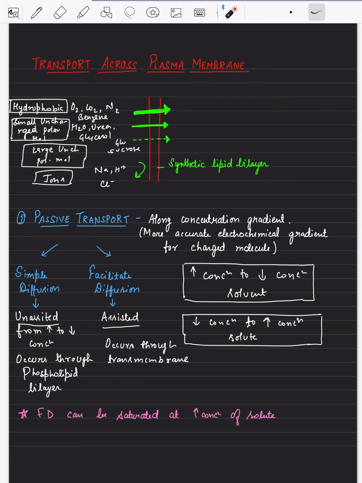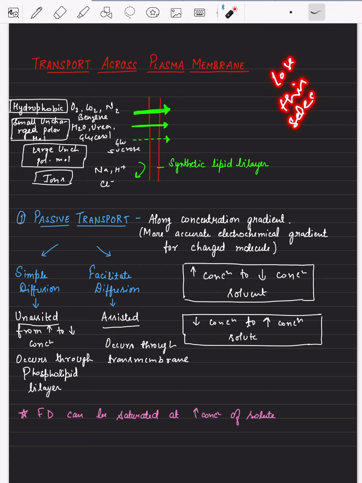It means that it will allow movement of only certain substances. Not all substances will be allowed to easily pass through the plasma membrane. So if the membrane suppose loses this selectivity